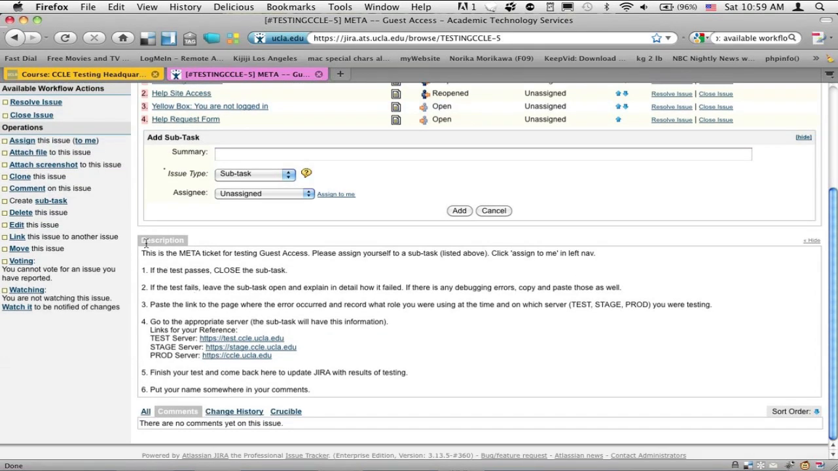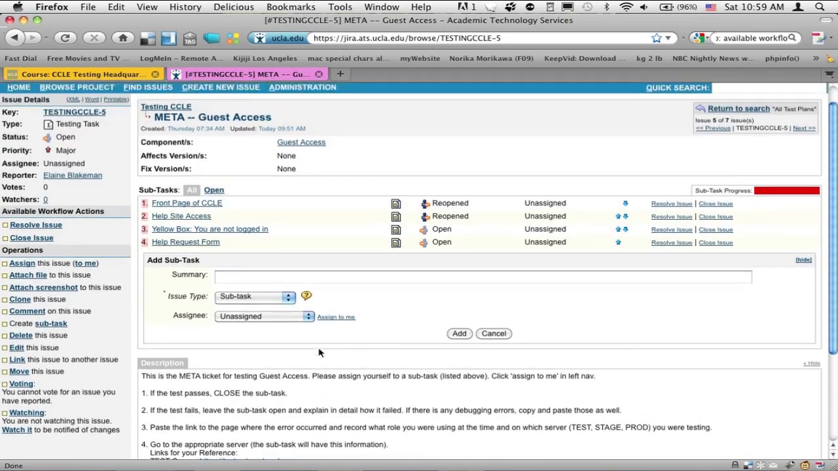It also has a description, and this is just generic instructions on how to pass and how to fail a ticket. It also has some helpful links. We have 3 servers. One is called Test, one is called Stage, and one is called Prod, and these are the links to get to those servers. I also want you to notice that over here, in this column, it tells you the status of the ticket, whether it's open or closed, and if it's been assigned. So if it's unassigned, click on one of the subtasks,